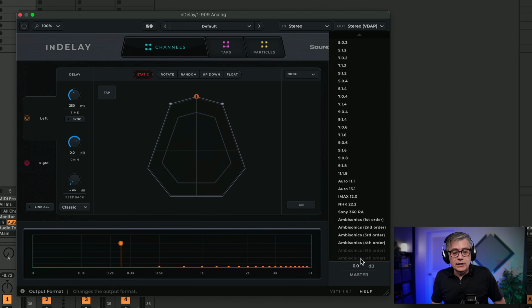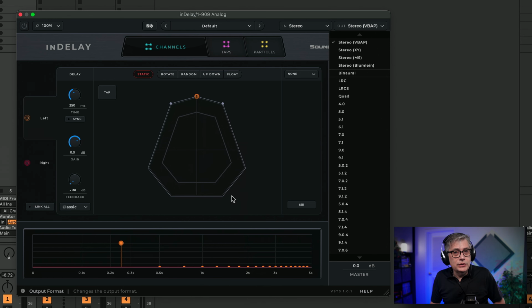And what I find particularly interesting is that InDelay allows you to choose those layouts even though we are working with a stereo DAW. It will actually internally process that in multi-channel, but in Ableton in particular, you cannot use all of the channels. You can only use the first two. There might be DAWs that actually can take advantage of that. I'm not completely sure, but Ableton can't.